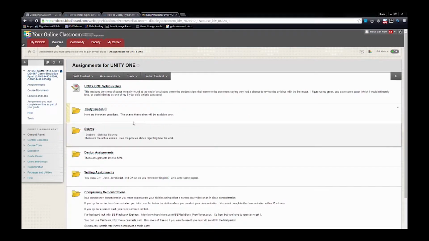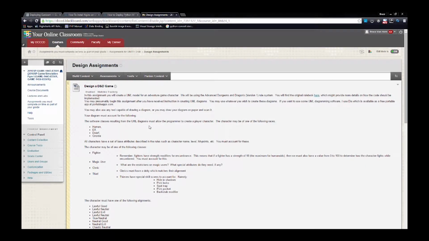We'll go back and look at the requirements. So our profession is really all about requirements. So always review the requirements, figure out what the requirements are, do exactly what the requirements ask of you, and don't be tempted to run off and do a bunch of stuff that isn't in the requirements, because that isn't always a good thing. So the requirements for this one say that in this assignment, you'll create a UML model